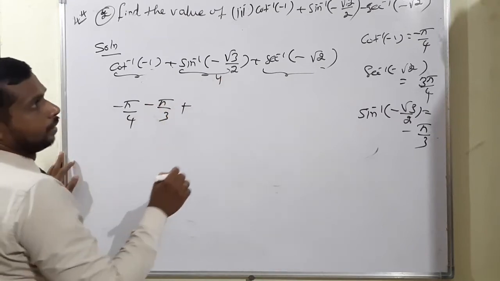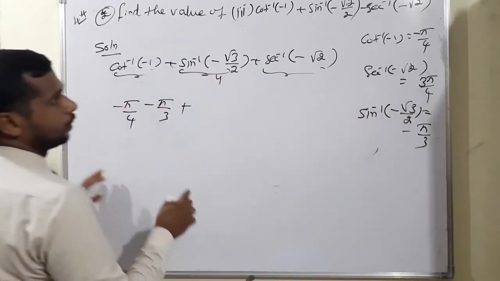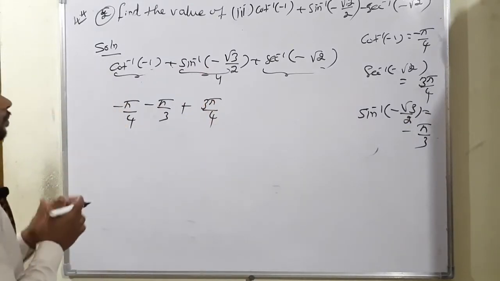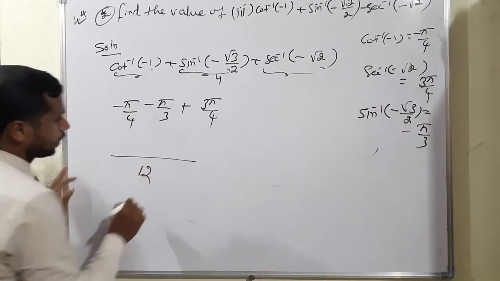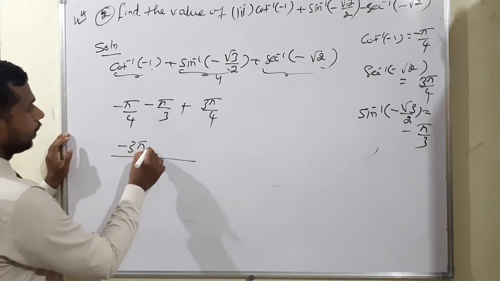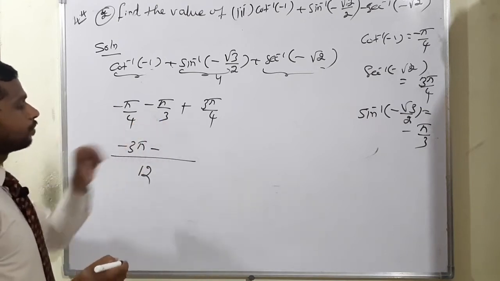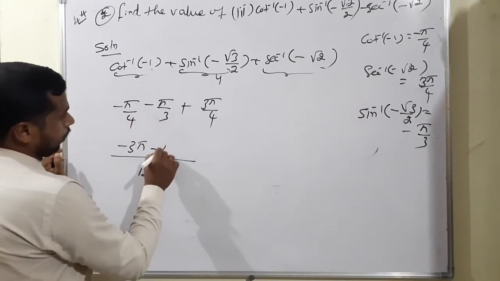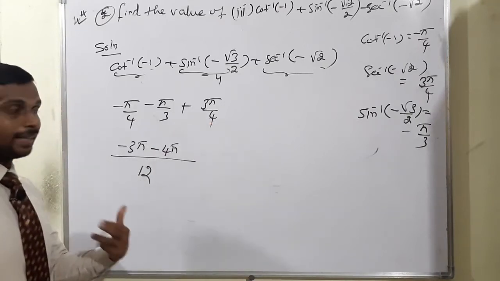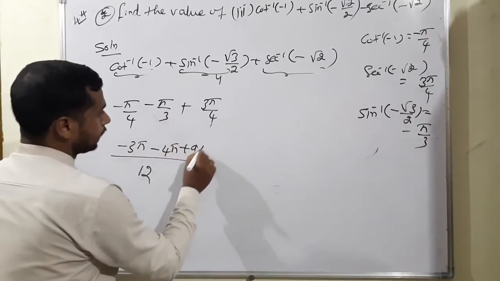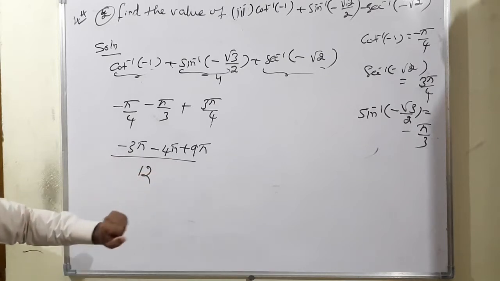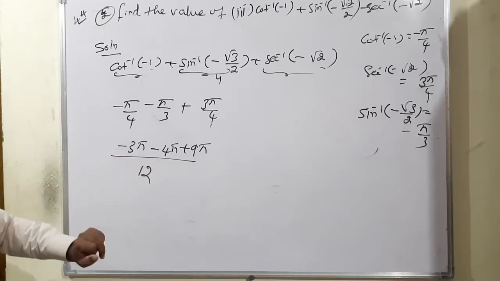Last one, secant inverse of minus root 2 is equal to 3 pi by 4, isn't it? Now, what will happen? Common denominator 12. 12 divided by 4 means 3 times, so 3 into pi means negative 3 pi. Next, 12 divided by 3 means 4 times, so the value will be negative 4 pi. Next one, 12 divided by 4 means 3 times, 3 into 3 means plus 9 pi. So negative 3 pi, negative 4 pi means negative 7 pi. Negative 7 pi plus 9 pi means,